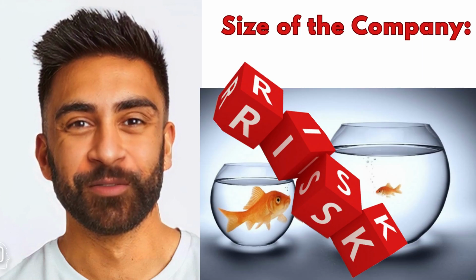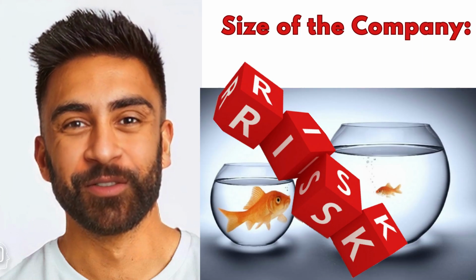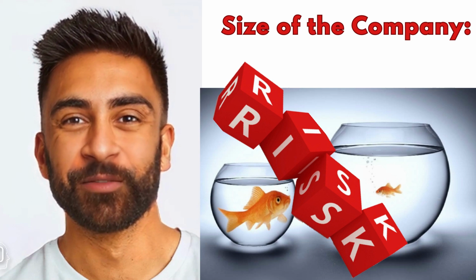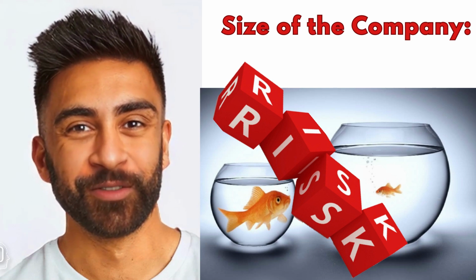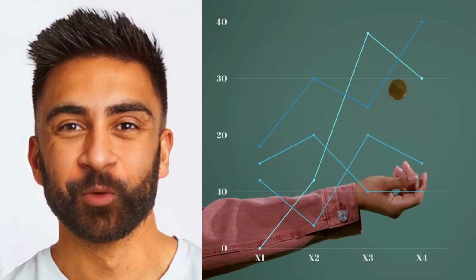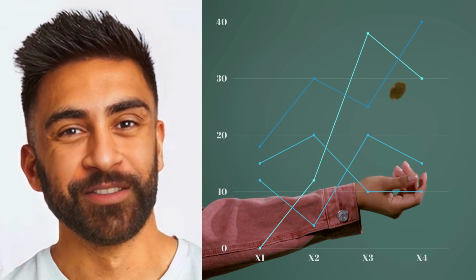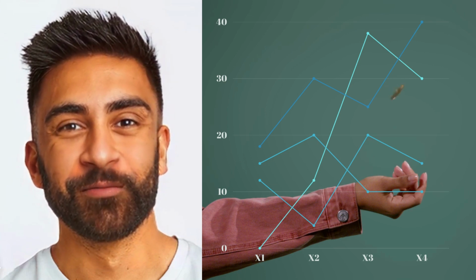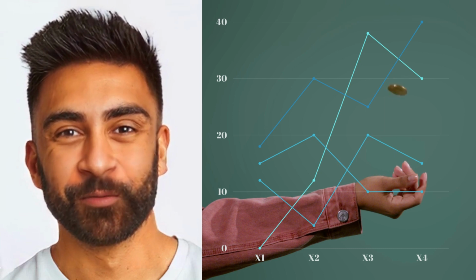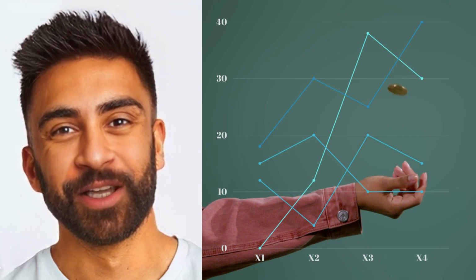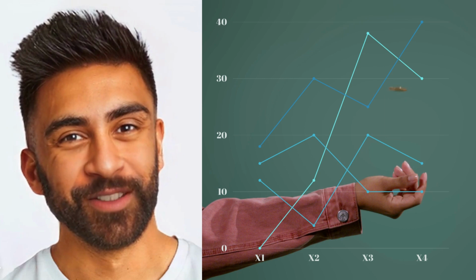Size of the company. The Springate model may also consider the size of the company, as larger companies may have different risk profiles compared to smaller ones. Once the Springate model calculates a score based on these factors, it provides a benchmark or threshold score. Companies with scores above this threshold are considered financially healthy, while those below it may be considered at risk of